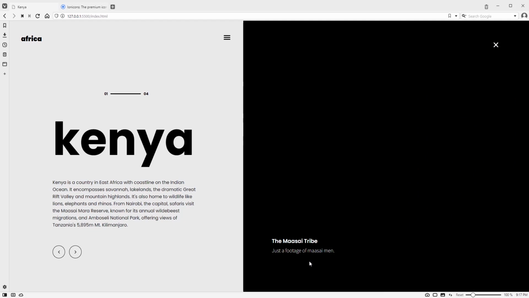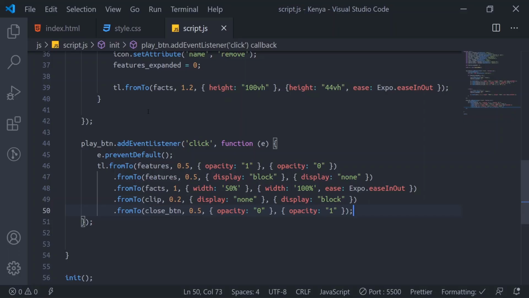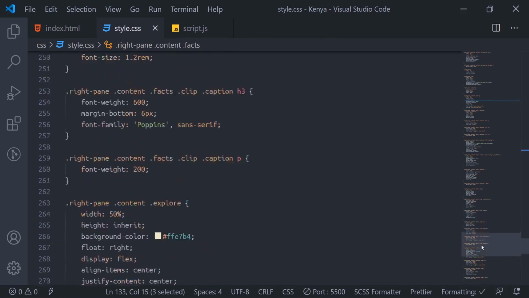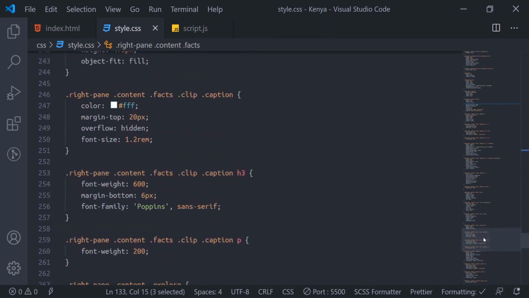We'll see what we'll do now for the caption. For the caption style here, display is supposed to be hidden for this caption style.